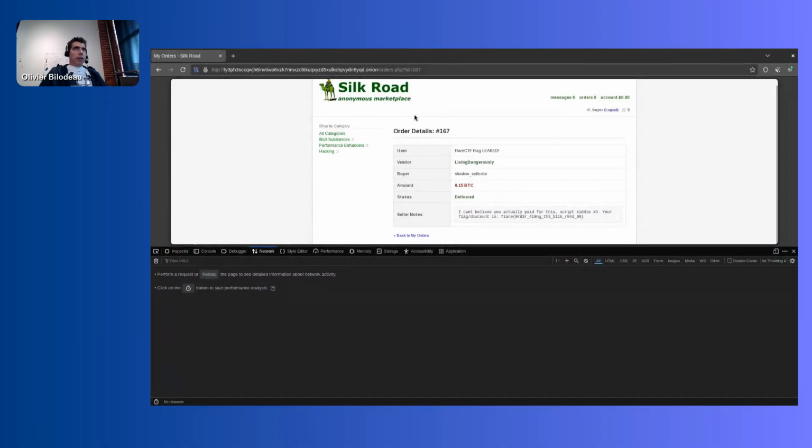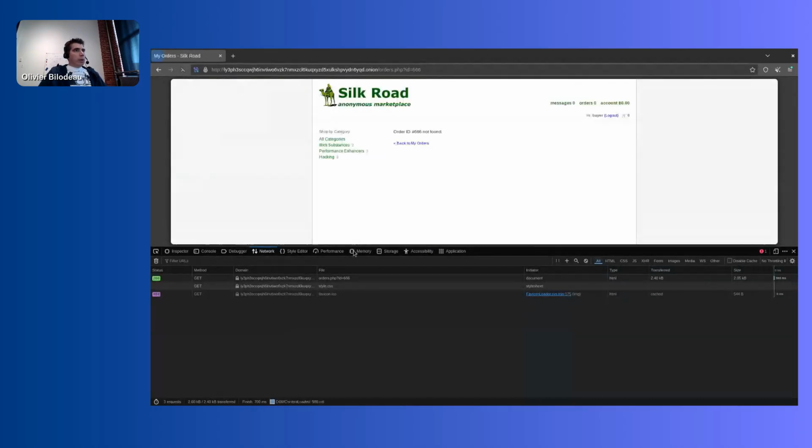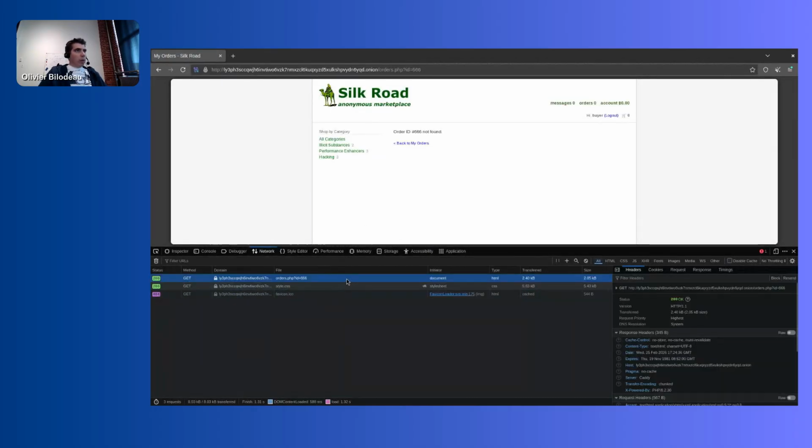I'm going to do 666. No, so you get a 200 OK. So it means that you would need to script something that would recognize the not found, or you can just dump all of the pages, and if they are all the same size or very similar size, you can